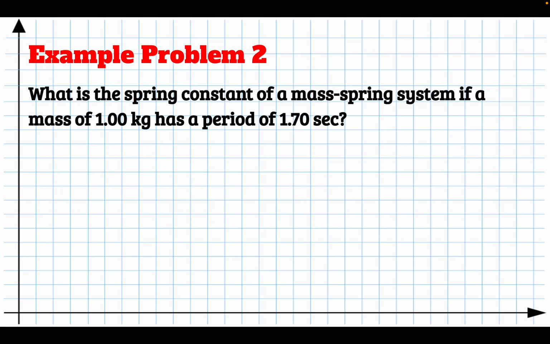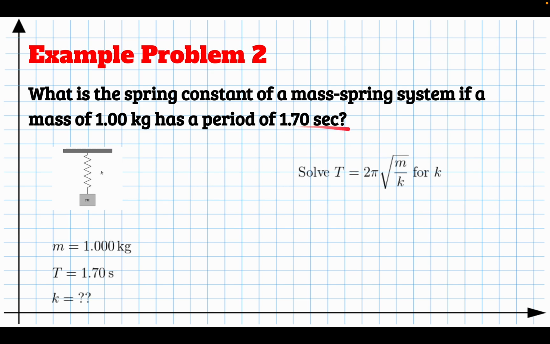What would happen if I wanted to solve a slightly different problem? Suppose I want to know what is the spring constant, if I know the mass is 1 kilogram and I know the period is 1.7 seconds. So in this case, I have a mass on a spring. I know the mass and I know the period, and I'm trying to find the spring constant. So I'm going to try to solve this equation for k. Now k is found inside of a square root, and it's in a denominator. So we've got to do a little bit of math to clean this up